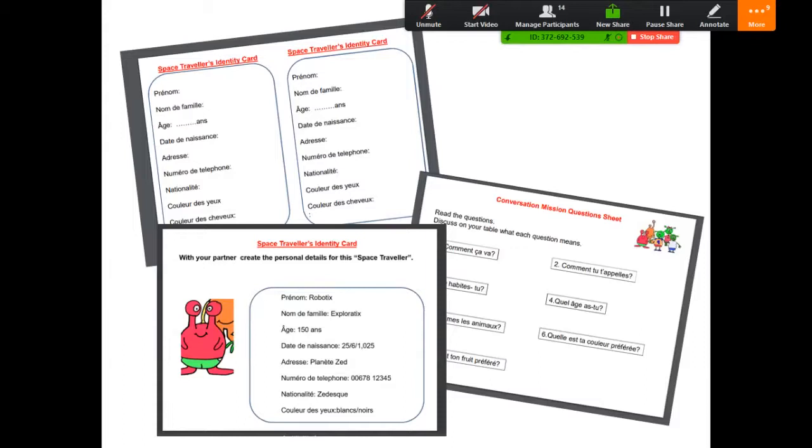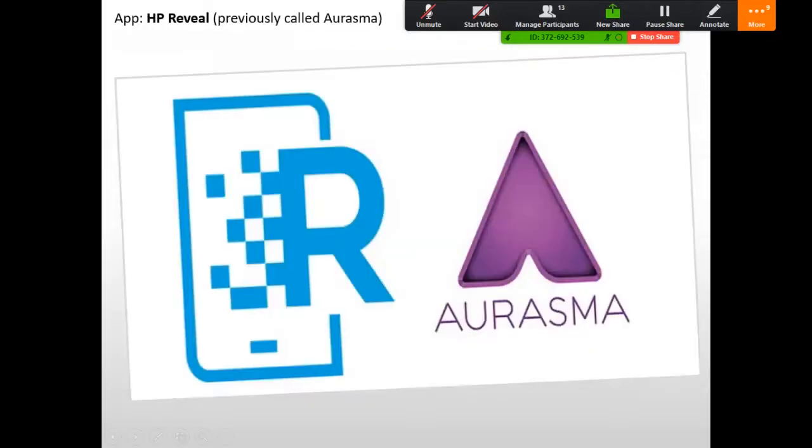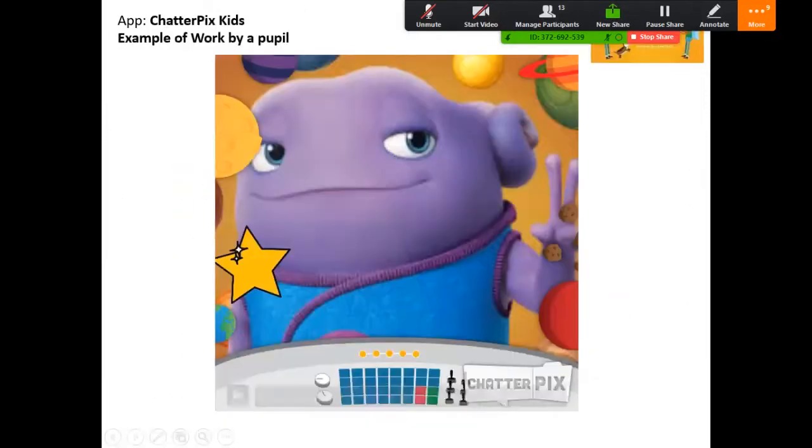And I took a couple of pupils into the corridor, and on the next slide you'll see one of the examples of work that they were able to produce. So this is a pupil in Year 5 who has created her own alien who is going to accompany her through space on her travels to visit all of the planets, and he's talking about himself in French. So back to the previous slide and we can press play.